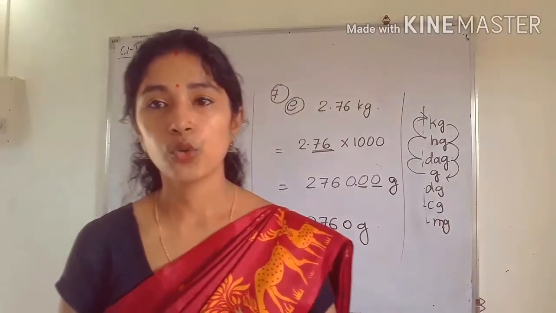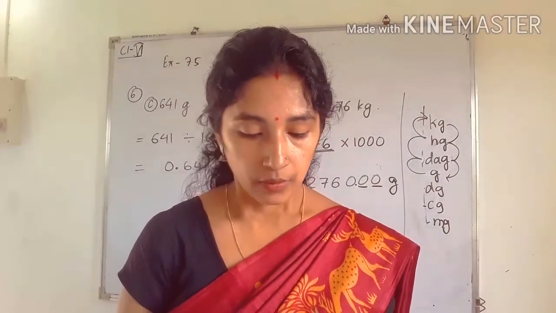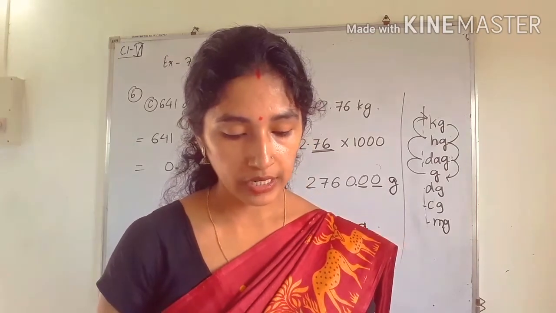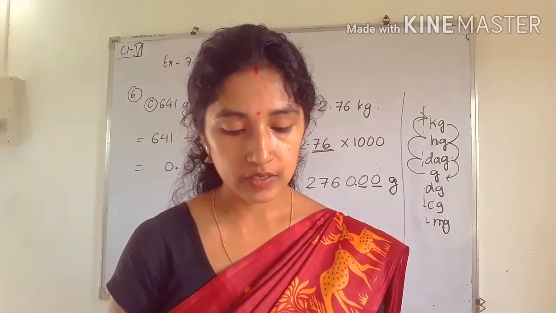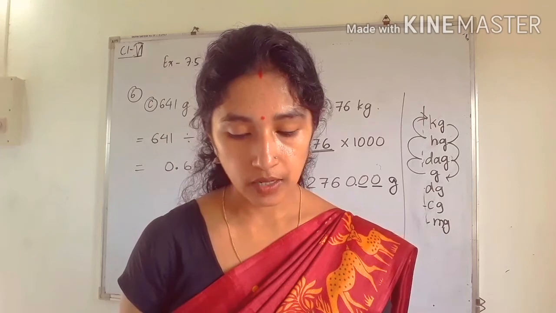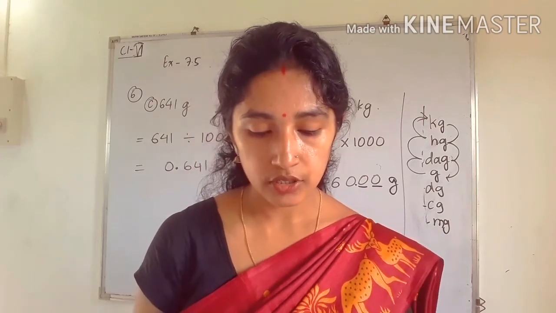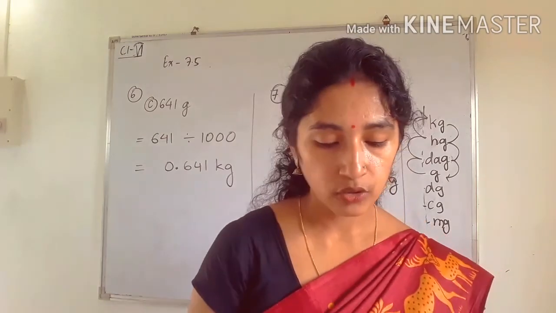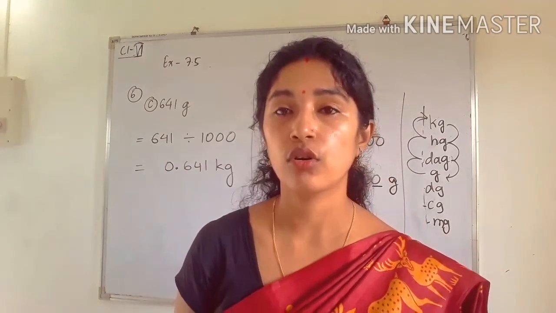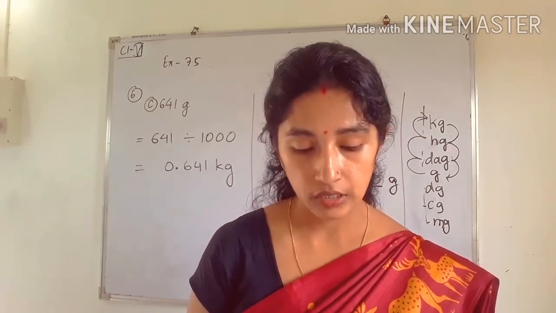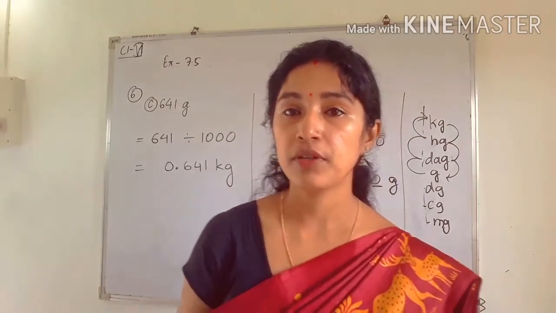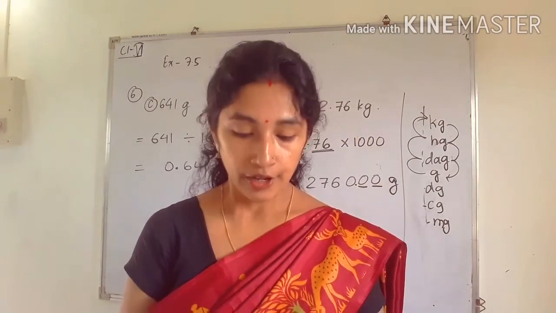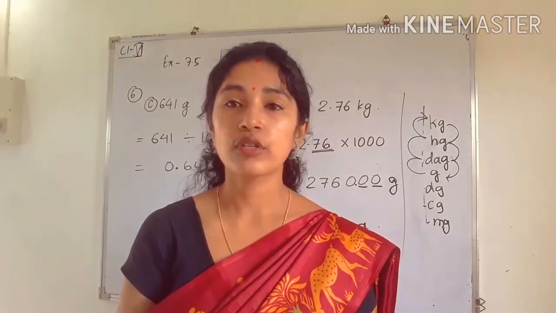So students, try to do the remaining question. Because here only 8, 9, 10, 11, 12 are there, so I am going to discuss these questions. In question number 8, a shirt costs this many rupees and a pair of pants costs this. Find the total cost. If we have to find the total cost, that means we have to add the two costs. So in number 8 you have to use addition.